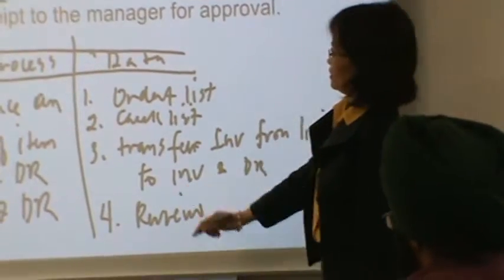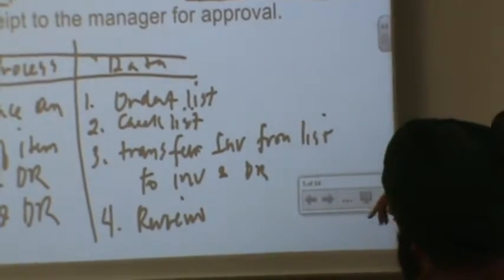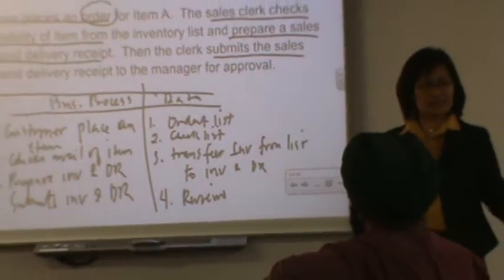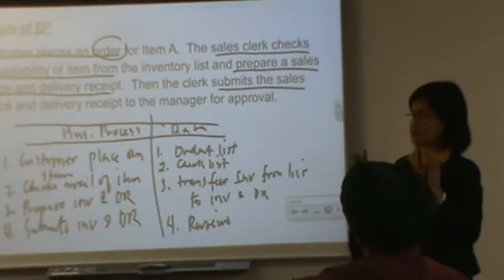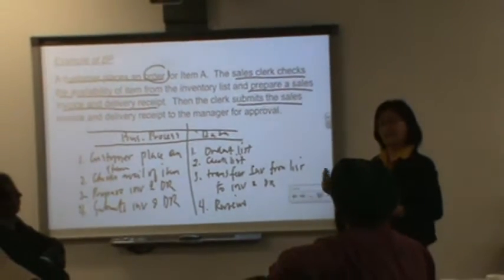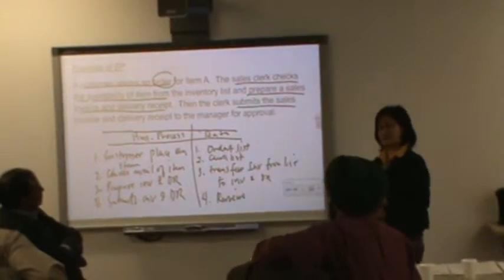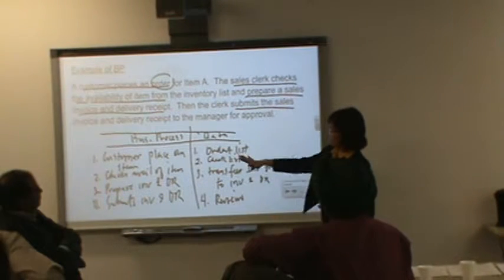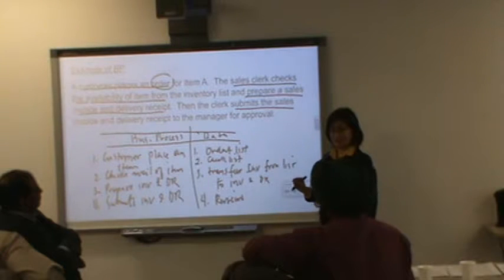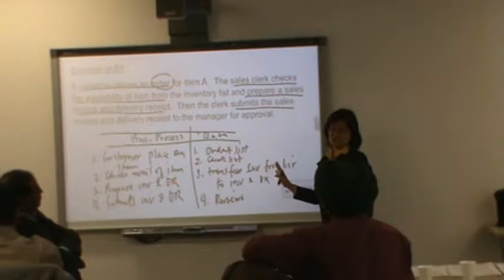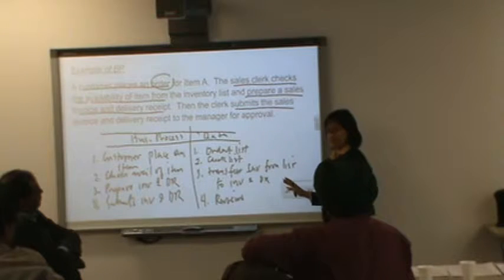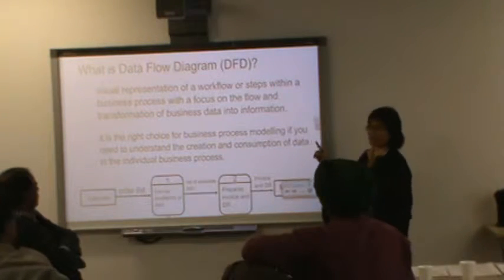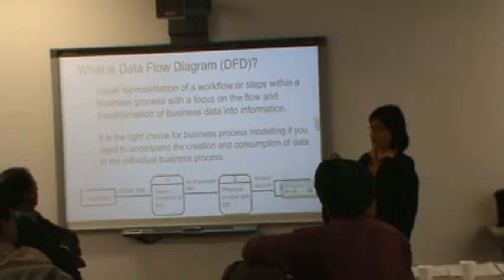Now, looking at this, if you are a manager, it's quite confusing because there's a lot of text there. You cannot just review it and see, oh, this is how the business process is being done and this is how the data is being transformed. Now, there is a tool used by managers in doing all of this in a much easier way. But then again, you need to, of course, see what are the activities and what are the data being transformed. Okay? So let's proceed. We call this tool a data flow diagram.